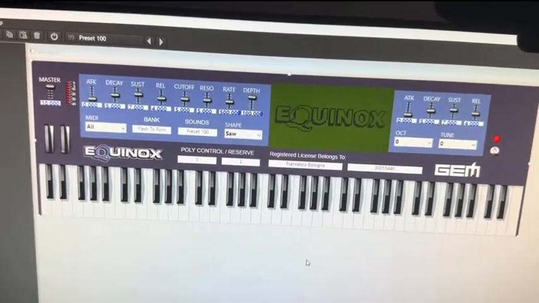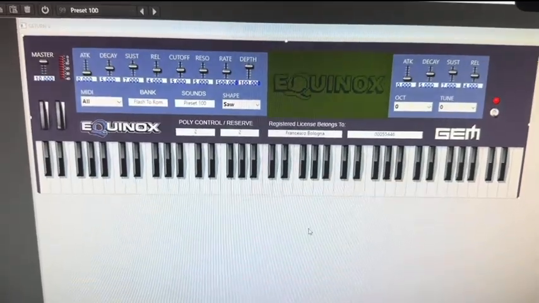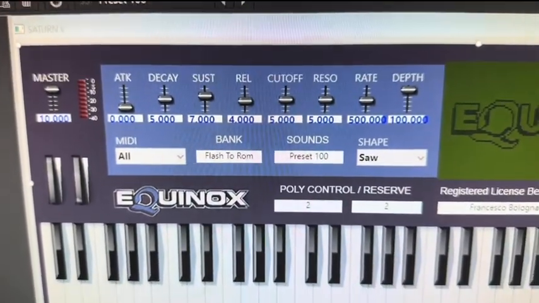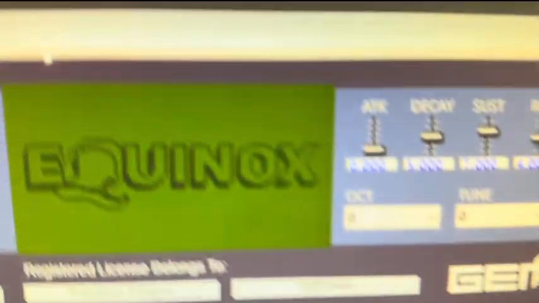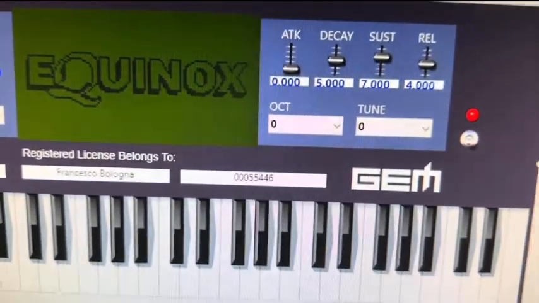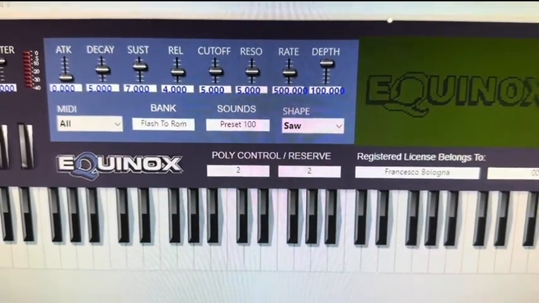So this is my failed attempt at the GEM Equinox VST. As you can see, we have the standard faders that you would expect from the normal hardware. In addition to that, we also added an amplitude section, we had octave, we had tuning. This whole software ran on raw waveforms, so